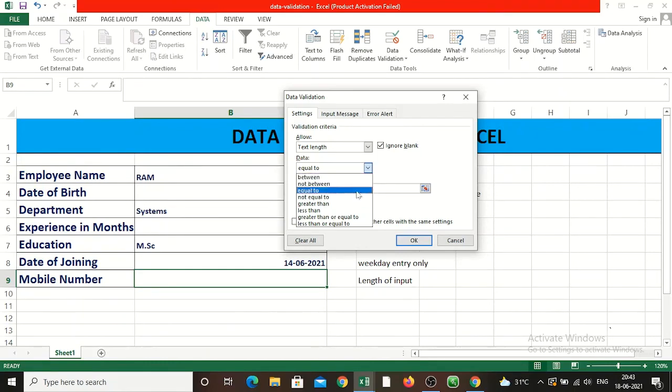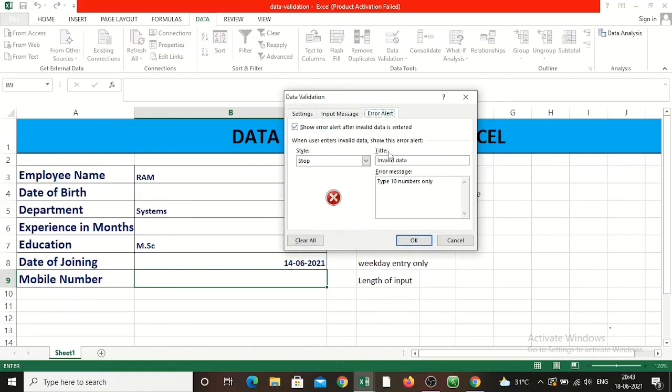I am going to select equal to, because it should be exactly 10 numbers, as it is a mobile number. Under length you have to type what should be the length of that particular cell. In this case it is a mobile number, so I am typing the length as 10. Suppose you type the length as 12, then it will allow up to 12. Then click OK. Before that, error alert.